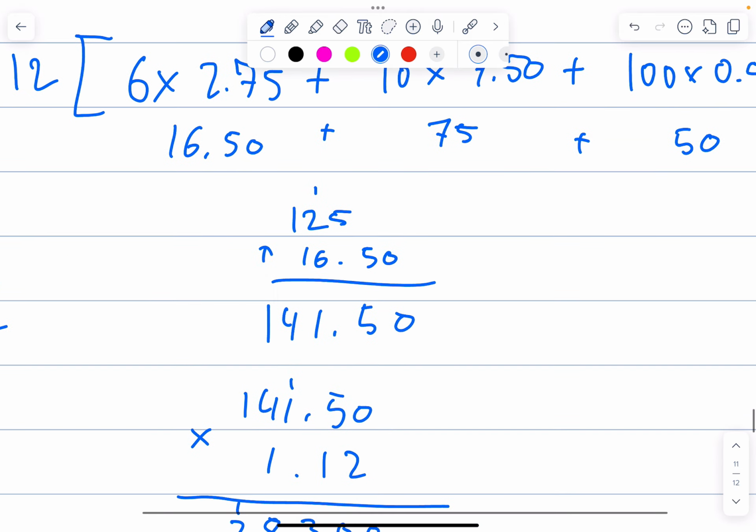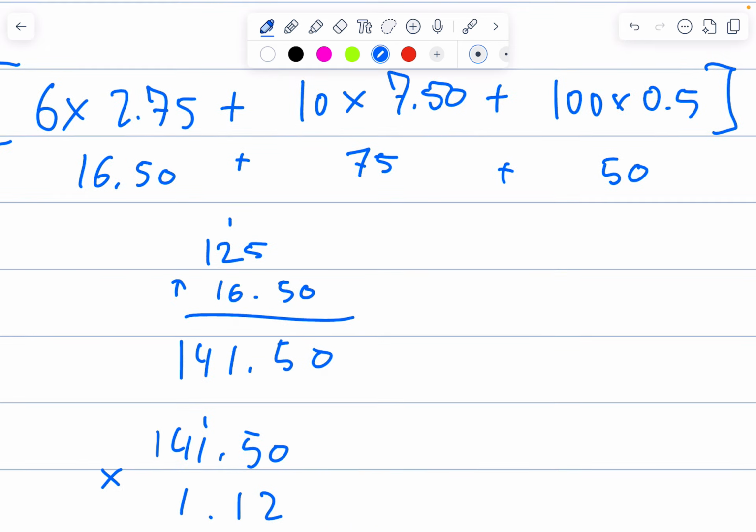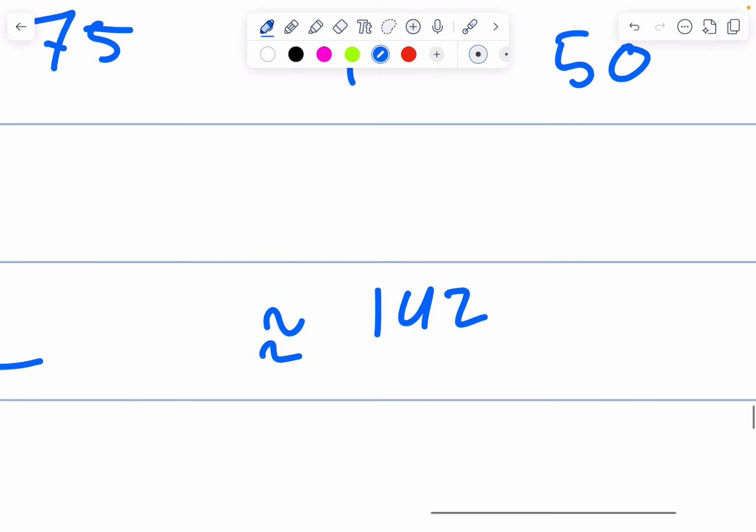Because it's 12%, I can very easily round and do 10% and then just kind of do things like that. So if I know that my pre-tax price is 141.50, let's just call it 142. And it's so much easier adding 10% to stuff because you just move the decimal point once, right? So you just add 14.2 to 142, and this is a lot simpler